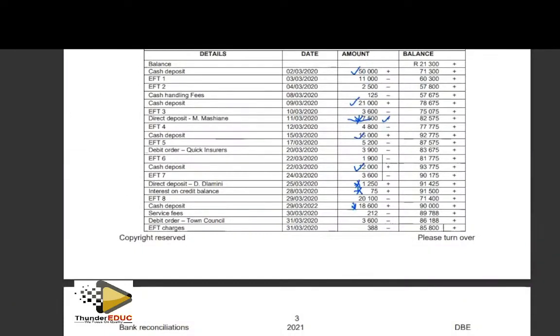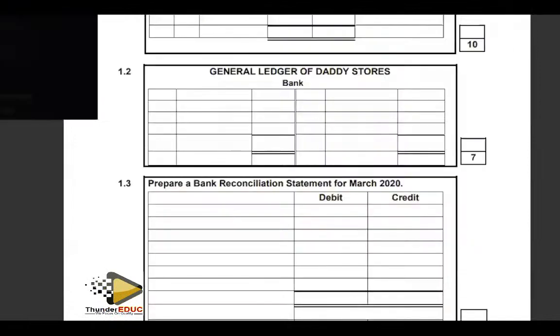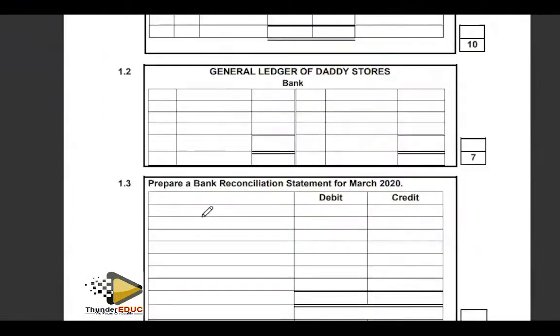Right, now, what are we taking there? The first thing you should do, always take this amount, it is what we start with in the BRS, okay? If it's a credit balance, you see it's a plus. If it's a credit balance, this is what you start with here in the BRS, okay? Here, okay? So we are going to say